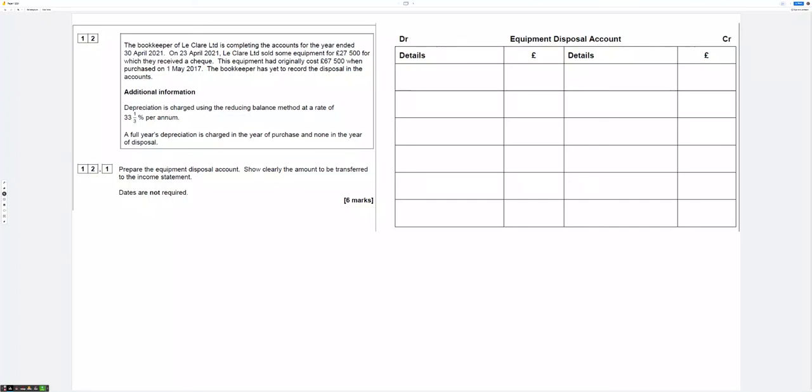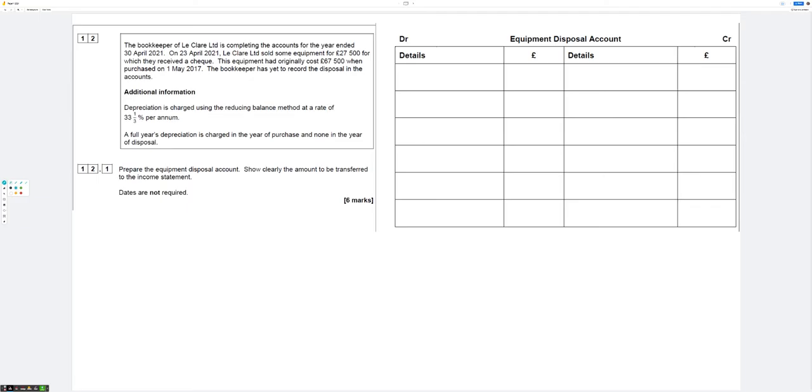So this question is from the 2021 paper one. I'm just going to go through it now. Question 12, Clare Limited, and it's a disposal of a non-current asset. So the idea of the disposal account is it's a temporary account. The idea at the end is that we work out a profit or loss, which is going to be transferred